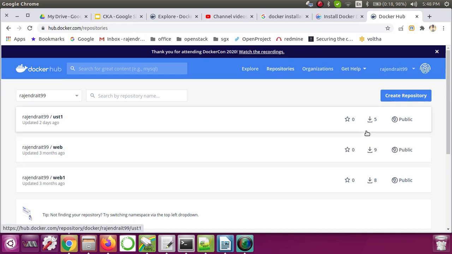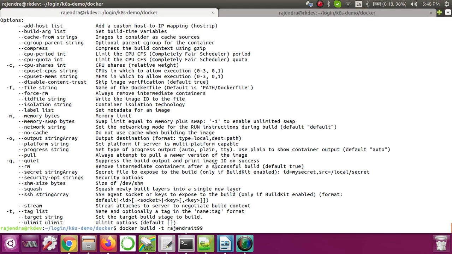Then a unique ID will be generated for your account, something like ABC XYZ, and then that Docker ID you can use while building the image. So let's go back.